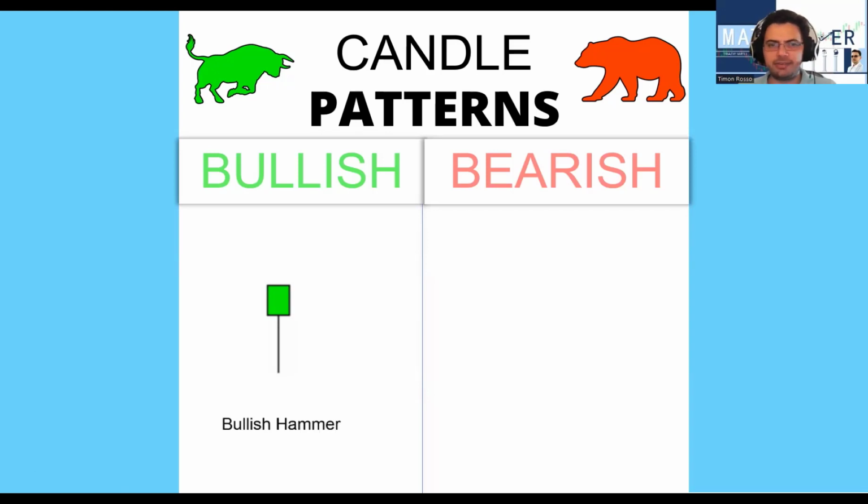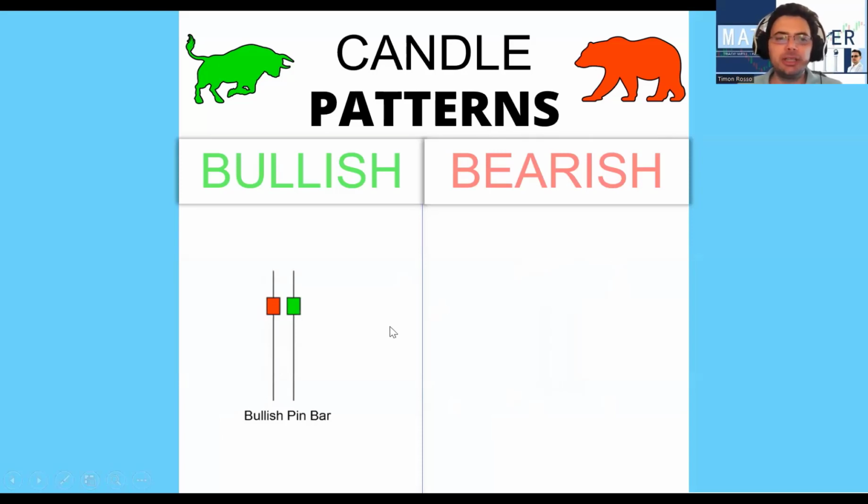Then we have a bullish hammer, which are very common, and very seldom can you make confirmation decisions on whether you're going to buy or sell. But anyway, here it is. A bullish hammer is where the open price is equal to the high price, and it forms some type of hammer, saying that the buyers won this candle. And obviously the opposite would be a bearish hammer, where the open price is equal to the high price and there is a closing price of the candle in between, so there is a small body and a huge wick, and it looks like a hammer. It's as simple as that. So there is a bullish hammer and bearish hammer candlestick formation.